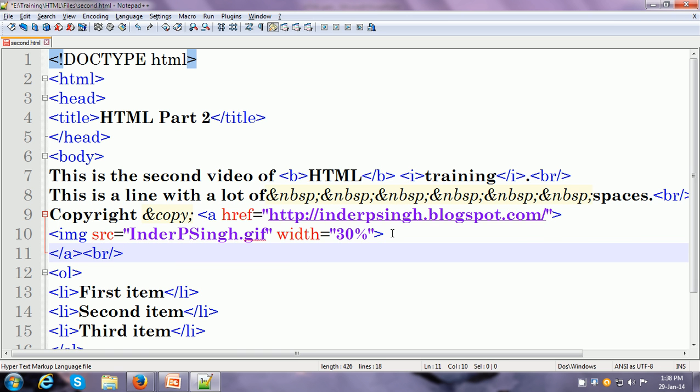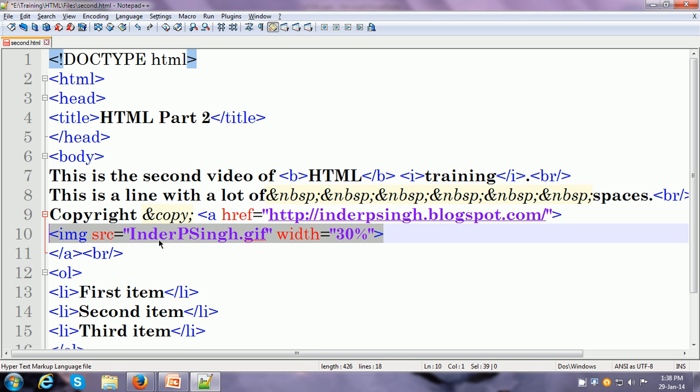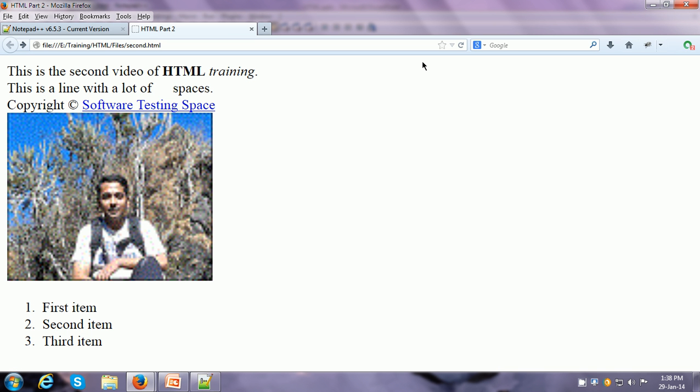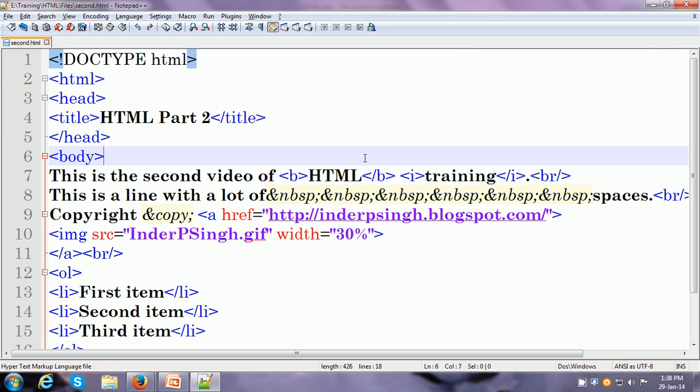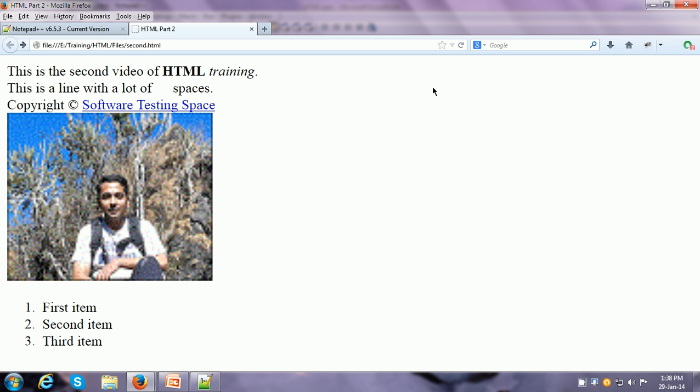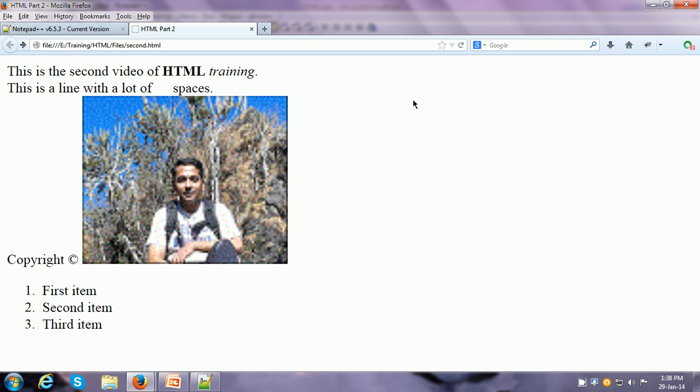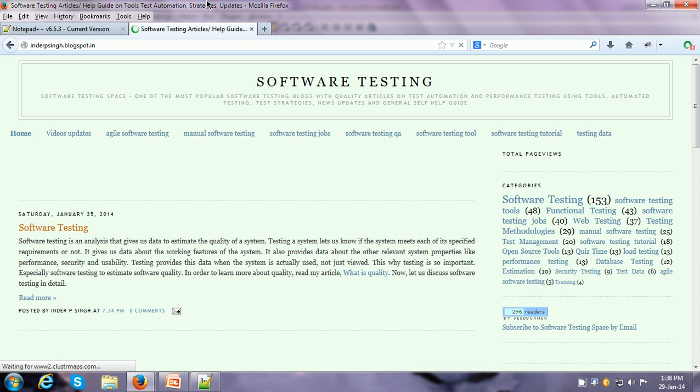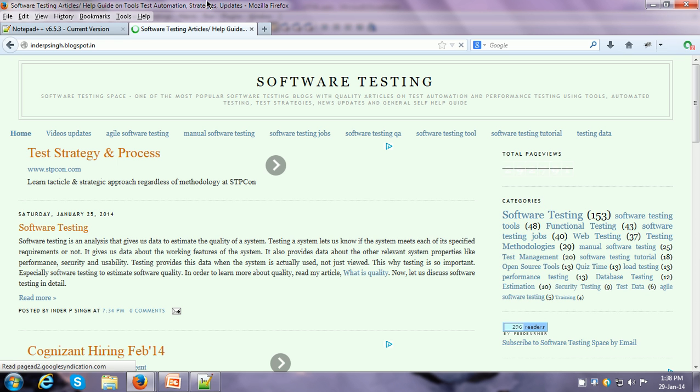So the img tag is totally within the a tag. So let us save it and see how it looks. It is not saved. Now it is saved, and as soon as I move my mouse pointer over the image, it changes to the hand, which means that this image is now a hyperlink. So if I click on this image, it takes me to the URL that I specified in my a tag.